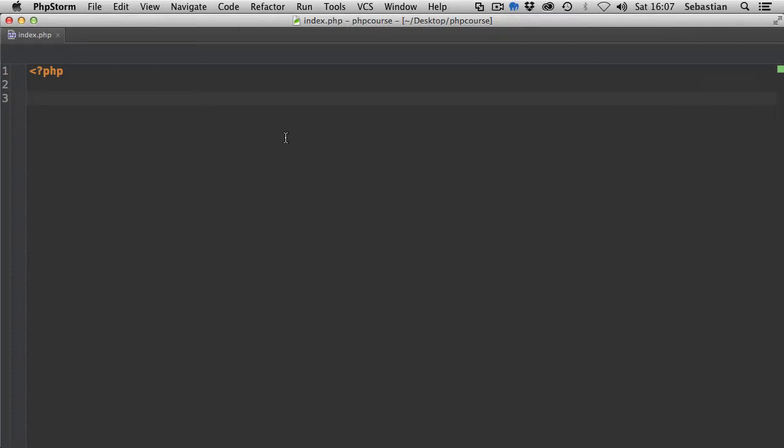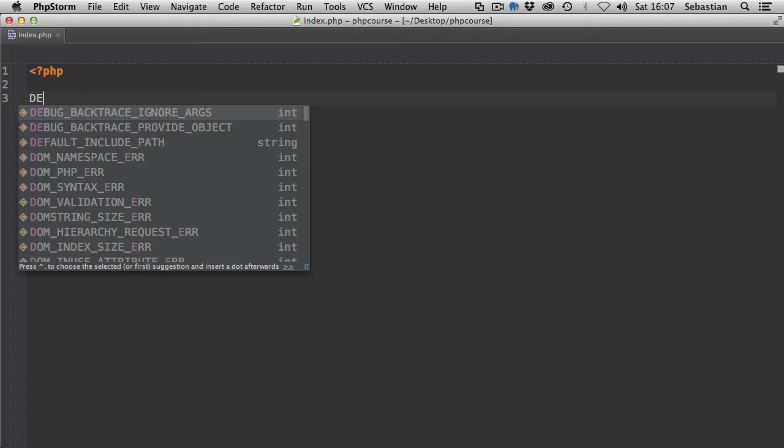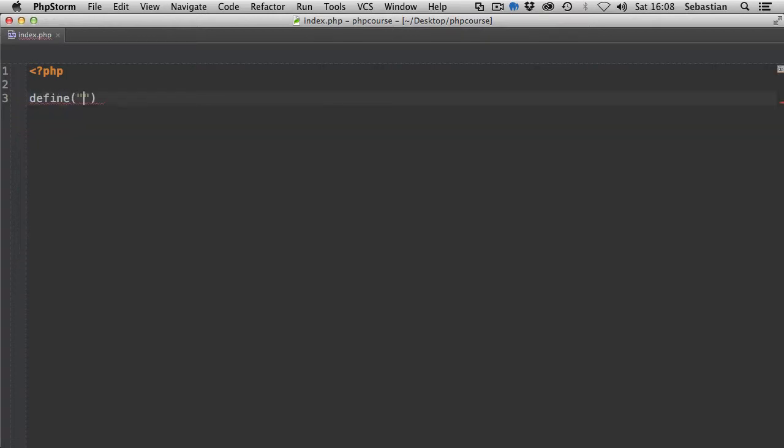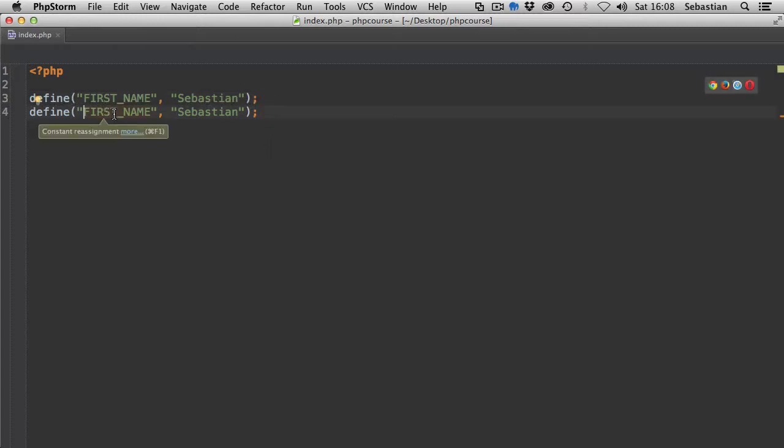We'll simply go into define one, so define constant called first_name, and the value for this constant will be simply my first name. And then let's define another one. I'm just simply copying this, and the other one is going to be last_name and my surname, Sulinski. Okay, so we have two constants here. We could obviously check first if it's defined, but just for the simplicity, I'm just going to use this define